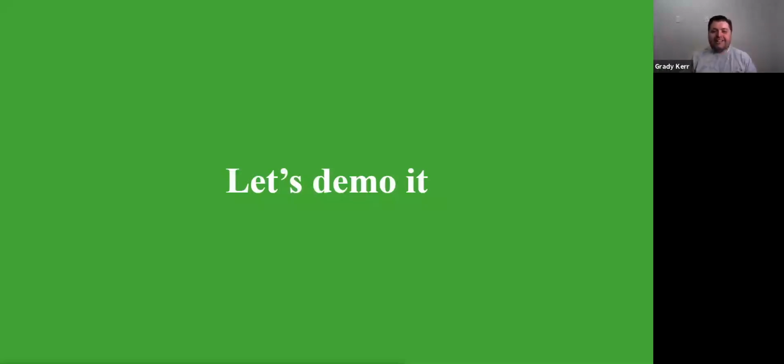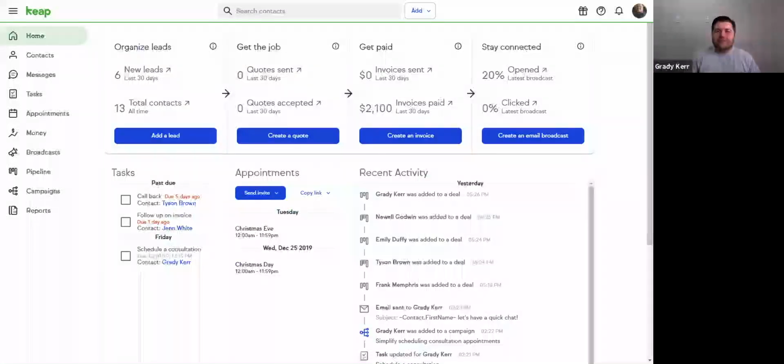So let me go ahead then and switch over to my instance of Keap. Here it is. And let's talk about how we are able to move our contacts in our pipeline. But before we do that, we've got to create it. So if we click over here on the left panel, the pipeline,